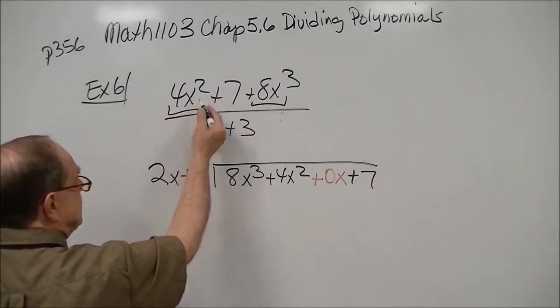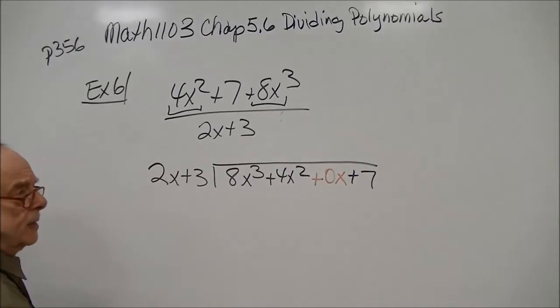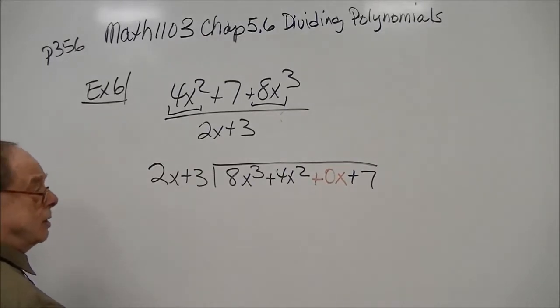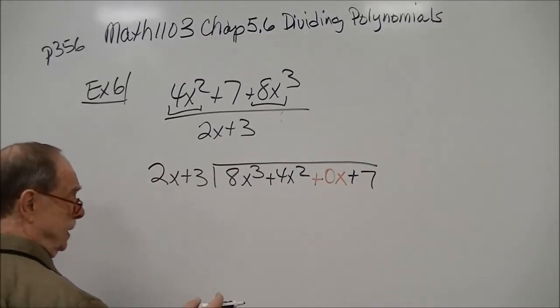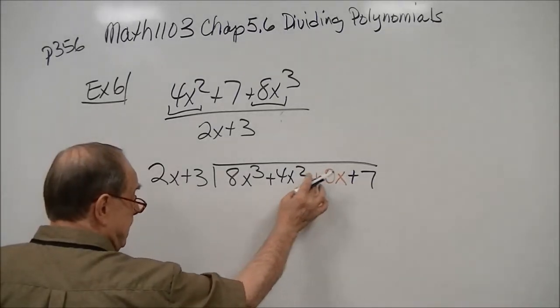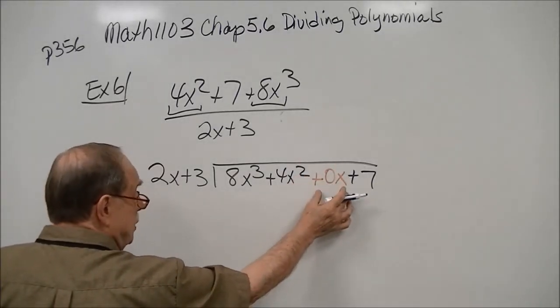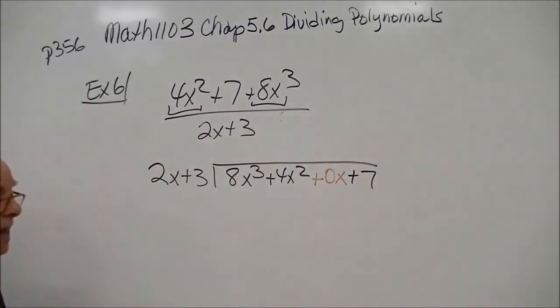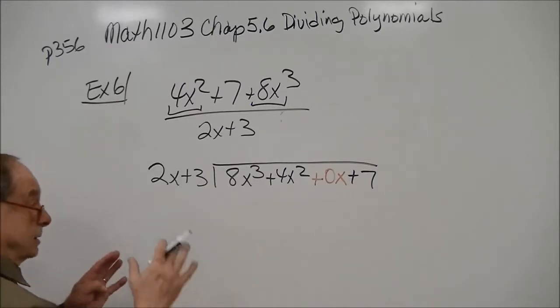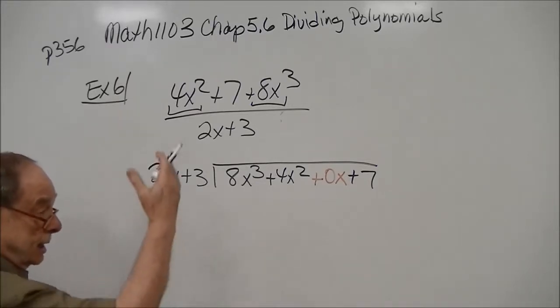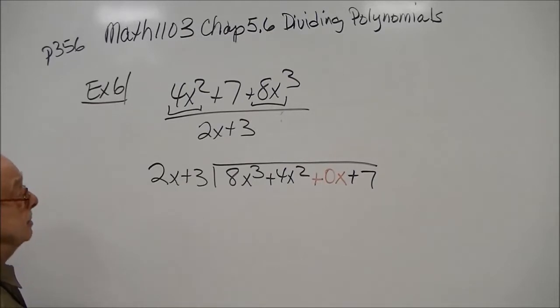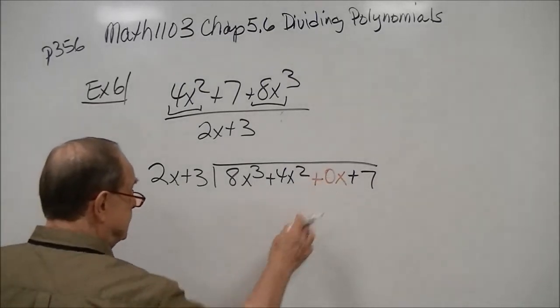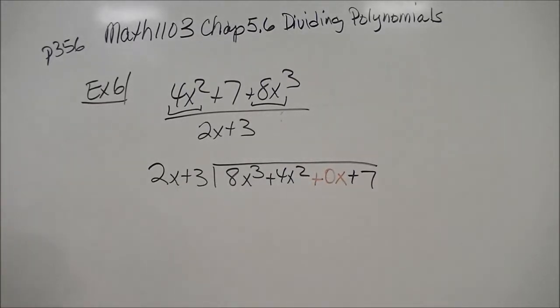And then the x to the first, there isn't one. So when you do long division, if a place is missing, like x to the first, you put a 0x to the first as a placeholder, so that when you do it, you have a place to show your work in like term columns, so to speak. And then the 7. So again, our technique would be